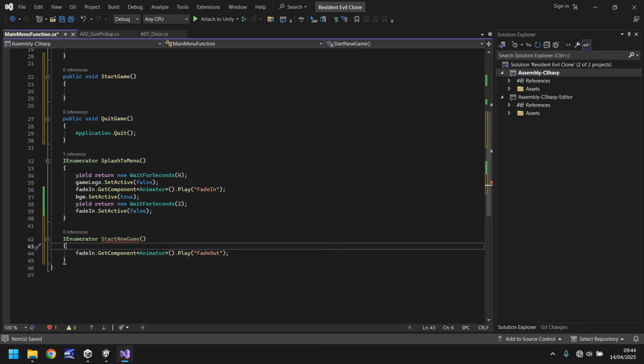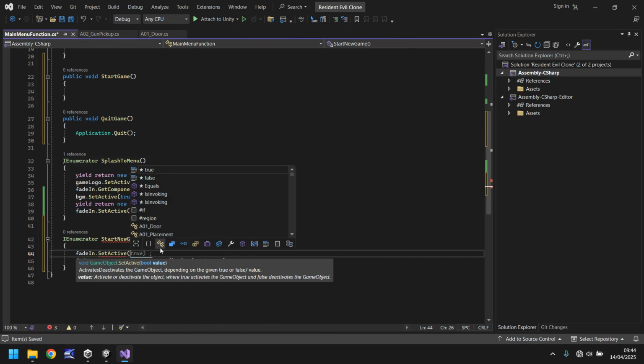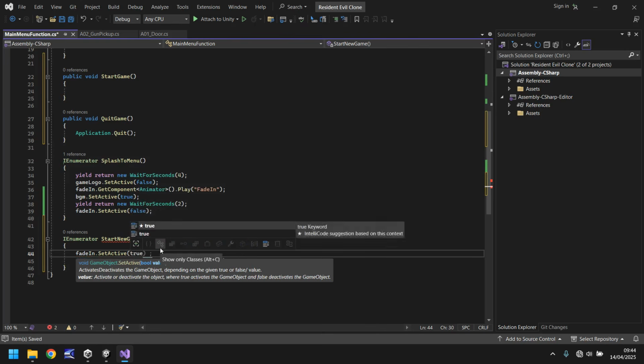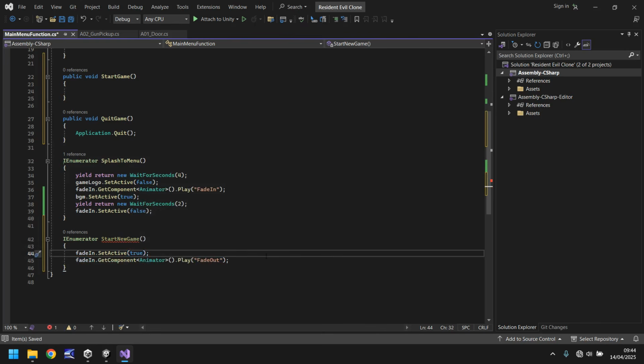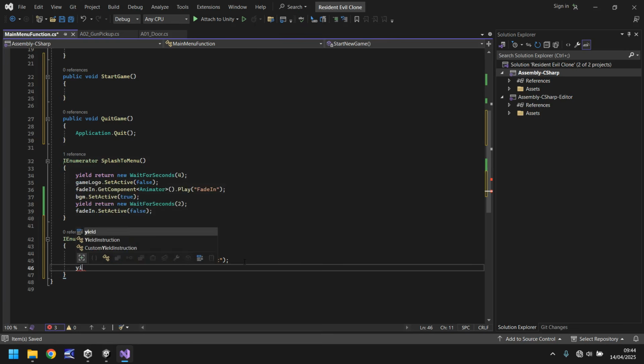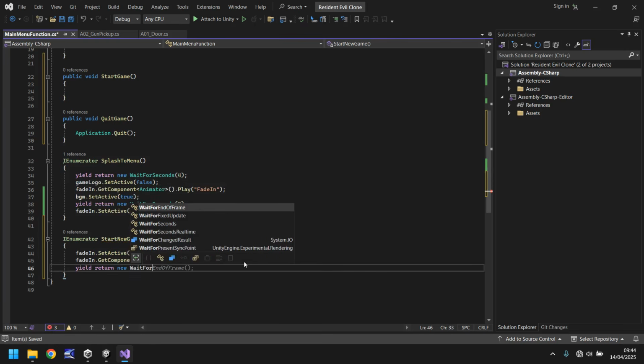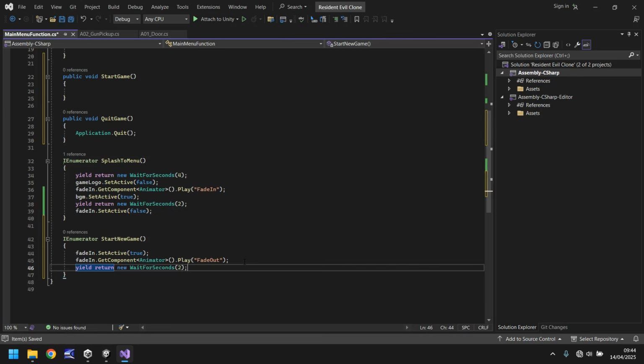You are absolutely correct. So before we even play that animation, we've got to say fadeIn.SetActive(true); Now what we do is we say yield return new WaitForSeconds(2);